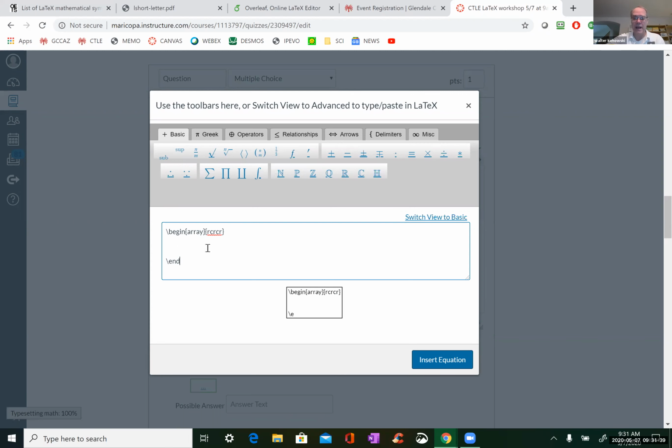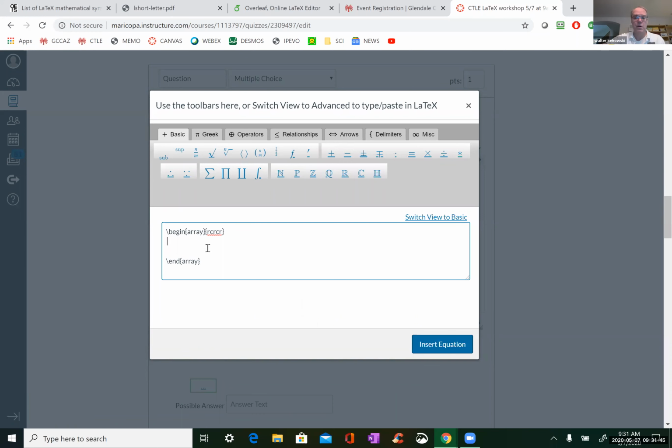And then you need to end that. Okay, and let's just go 3x, then separate it. Put the plus sign, separate it. 2y, separate it, equal, and that would be, say, 5. Okay, so now let's go to the next one. Does that do it? R, C, R, C, R. Good, yes. Okay, so I'll just grab that.